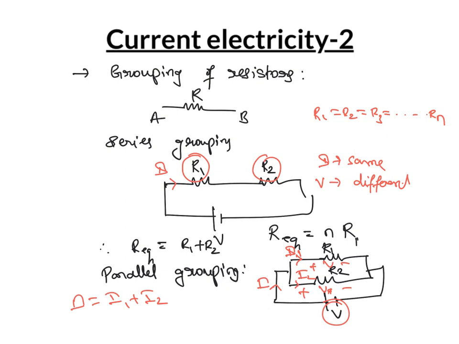So here the equivalent is 1 by R equivalent equal to 1 by R1 plus 1 divided by R2. This is the equivalent resistance. I usually use R equivalent equal to R1 R2 divided by R1 plus R2. I usually use this one. Suppose n identical resistors are connected in parallel, at that time R equivalent must be equal to R divided by n. Please try to remember that, R divided by n.